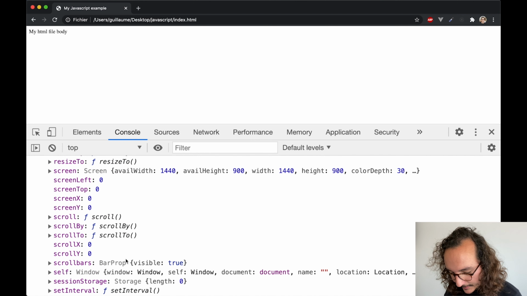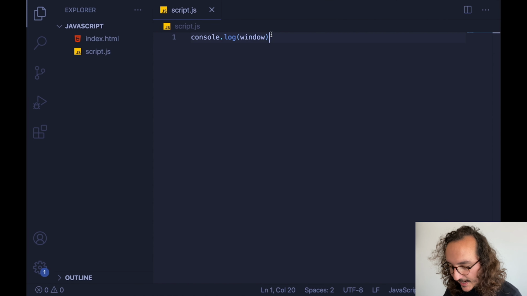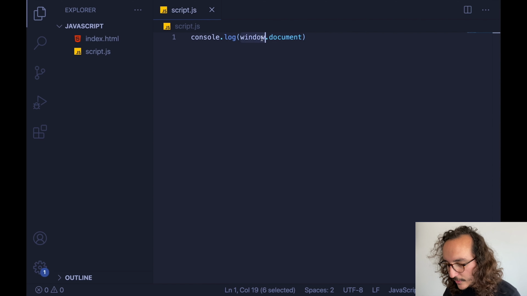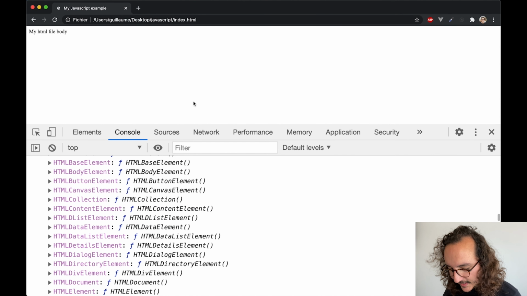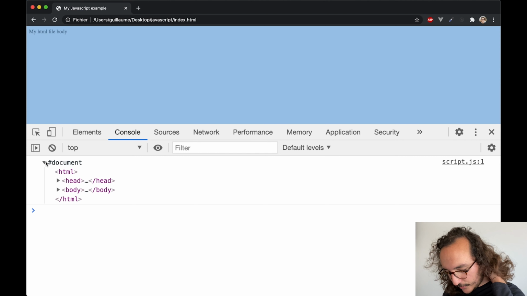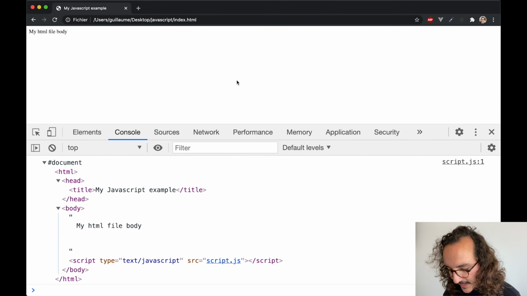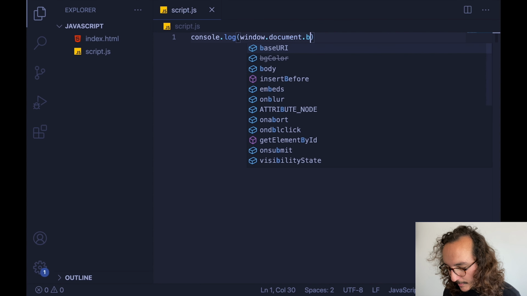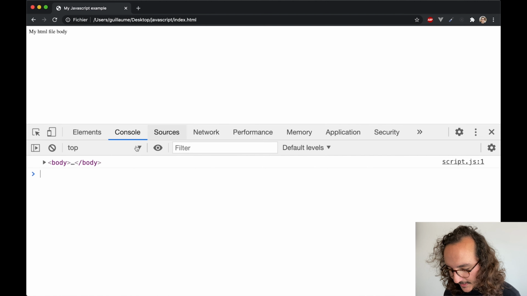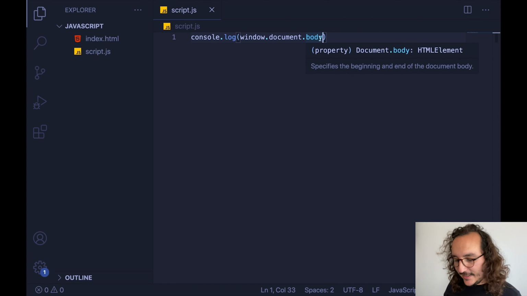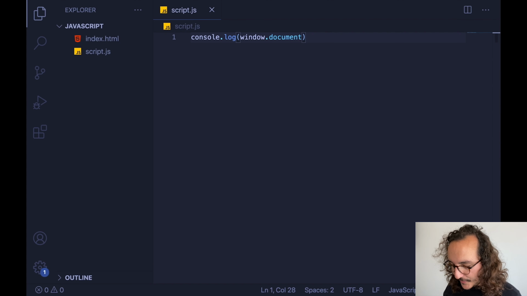With that, we can access our document. Inside the window object, we've got a document. This is going to be our index.html. So if I update and get back, we see that I got my document. If I click on window.document.body and I update, we see that I got my body in here. If I want to create an element, I have to remove body and take document.createElement,